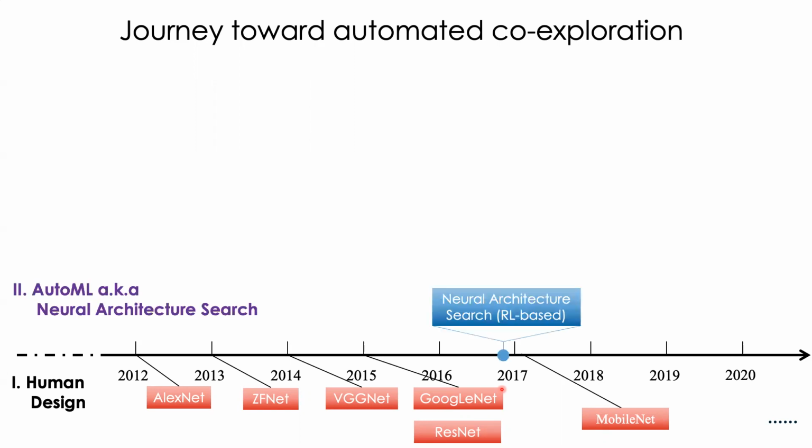In the next generation, since early 2017 or late 2016, we started using what we call AutoML or neural architecture search, essentially using algorithms, using AI algorithms itself in order to search the space of these neural networks. So each neural network, now you can think that they are composed of different components like neurons. Each neural network could have different layers. You could have different types of neural networks like convolutional neural networks or recurrent neural networks.